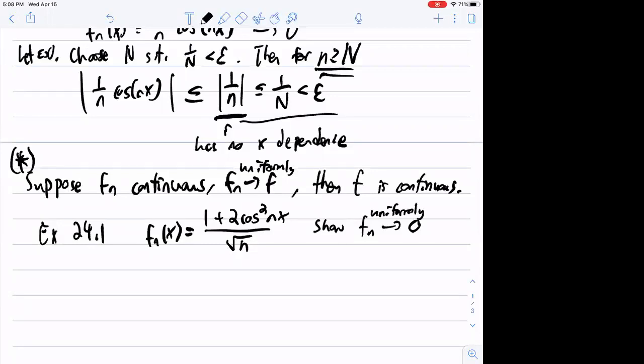Note that when you see cosine and stuff, it's somewhat clear it's uniform because cosine is bounded by 1, but okay. So what we are going to do is, let me think. Instead, it suffices, unless you're okay with there exists an n such that 1 over root n is less than epsilon, let me just say that